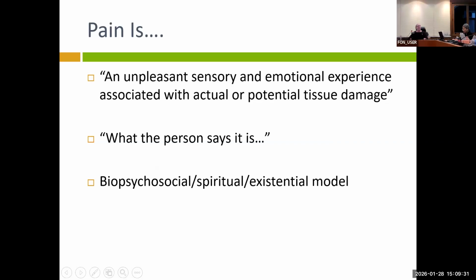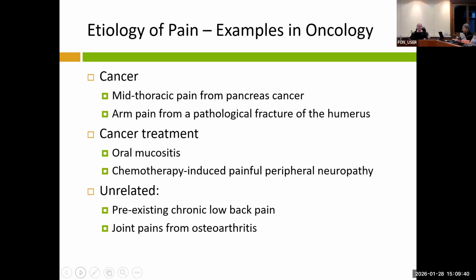So here you go. What is pain? We talked about this before. It is complex. It is what a person says it is. Now we're going to talk a little bit about etiology, or the causes of pain, and I'm going to stick